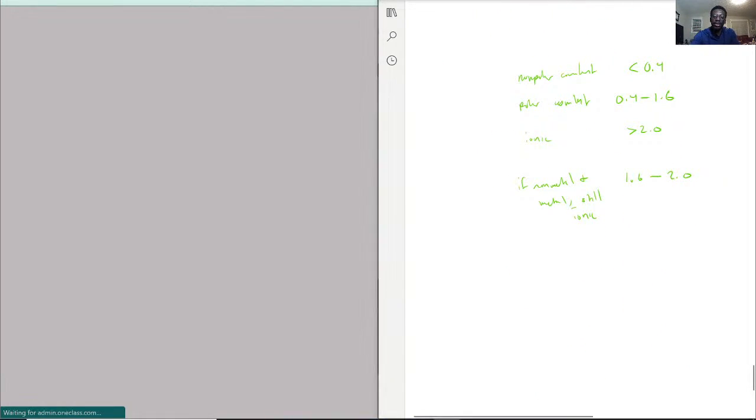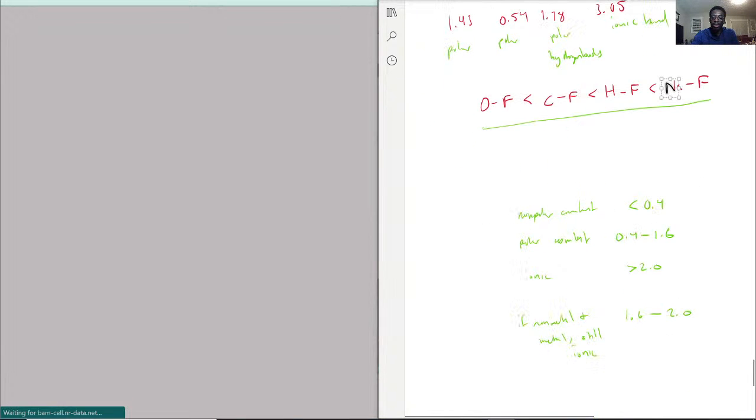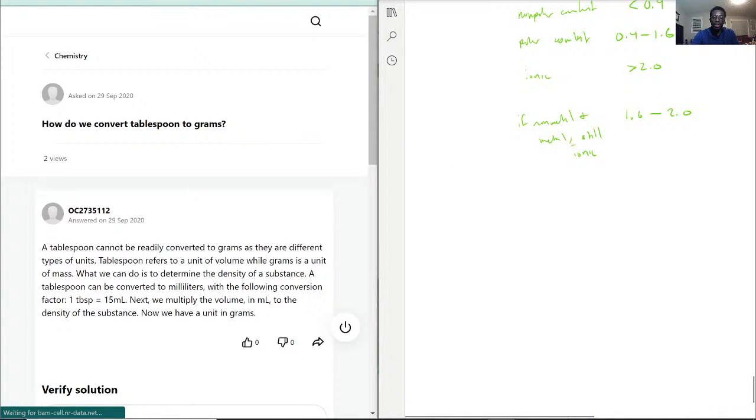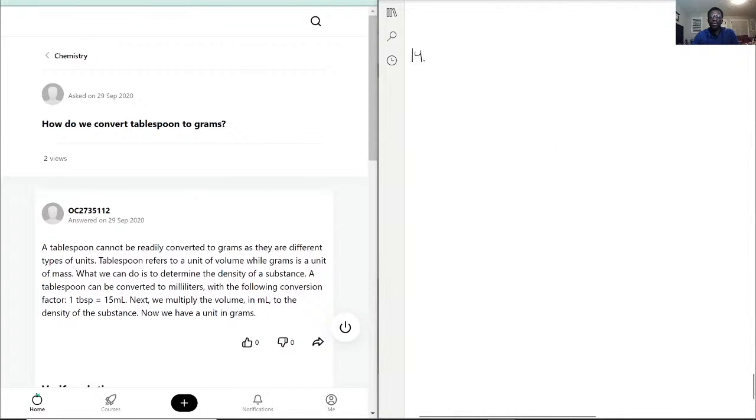So now let's solve question 14. How do we convert tablespoons to grams? So for this, we actually need to know our conversion sheet, which I had earlier, but unfortunately that's a page that's not loading properly. But the point being is that we can actually set this up properly. So first thing is that we know we start out with tablespoons. So X tablespoons,